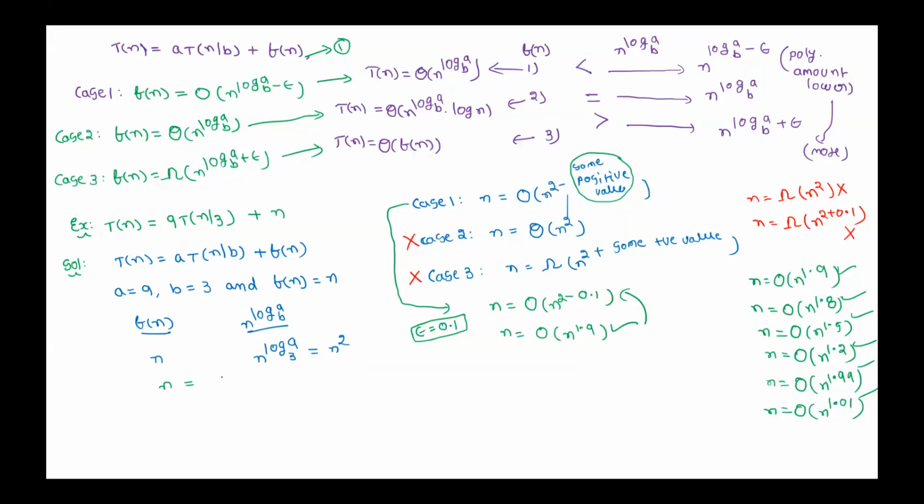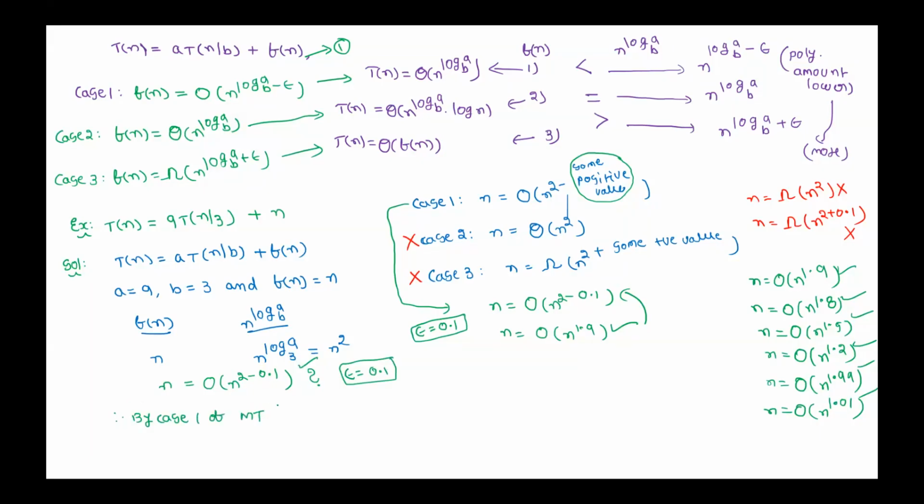N is big O of n square minus 0.1. Is this correct or not? Is this true or not? True, sir. It is true. That means here, what is the value of epsilon? 0.1, or not? Which condition is it satisfying, which case is it satisfying? Case 1. So therefore, by case 1 of master theorem,